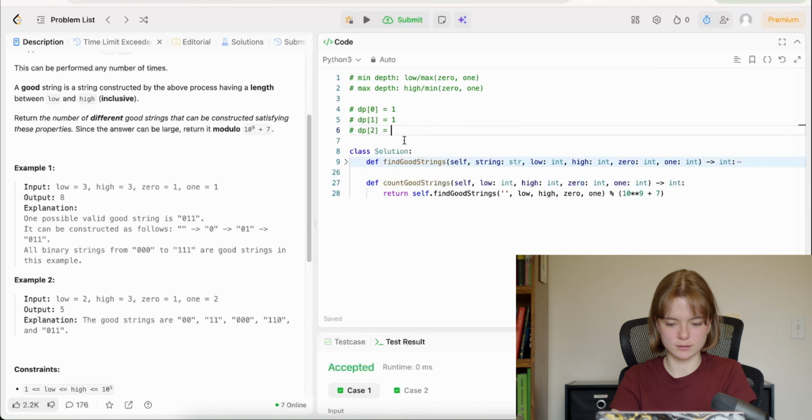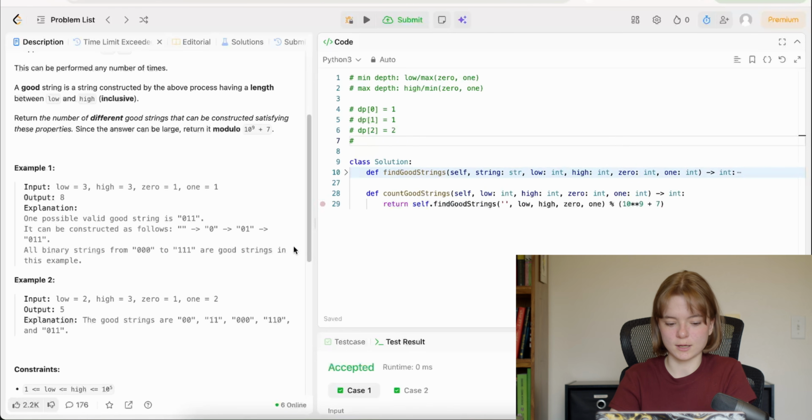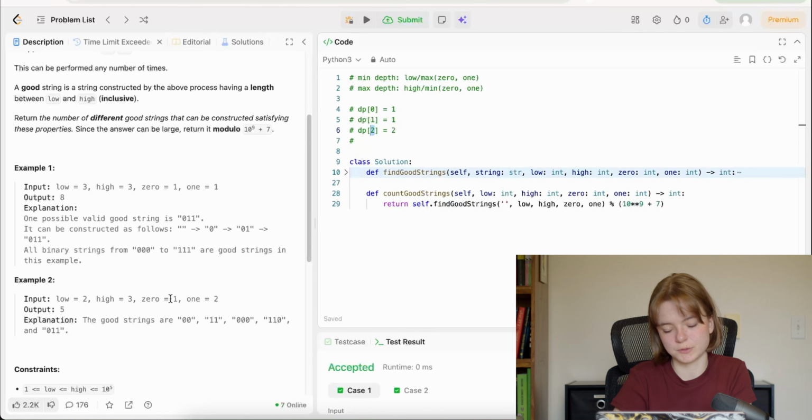So then here, DP2 is going to be something something. If it ends with 1, because there's this, we have to go back and do that. And if it ends with 0, then we go back to here. So it's 1 plus 2. So it's either that or it's that. If it's this, it has to be this. And if it's this, we go back to here because it can be anything. And there's one way. So it's 1. So 1 plus 1 is 2. Then after that, we've passed our maximum between 0 and 1.